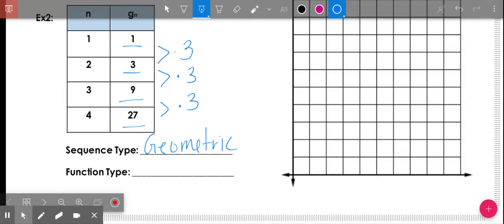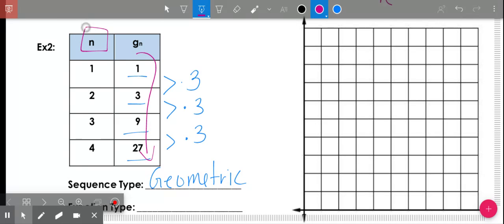Okay, and giving you a little hint, anytime you see the G there, that means it's geometric. The G and the geometric go together. So now we're going to go ahead and set up our graph. Our first column is our n. That always goes on the